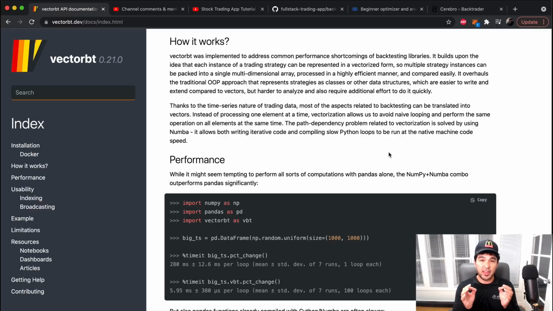VectorBT here describes a few benefits that I think are worthwhile. The first thing in the VectorBT documentation it discusses is performance. If you look at the first paragraph, it says it was implemented in order to address common performance shortcomings of backtesting libraries. So if you've seen any of these videos where people make their own backtesting framework, you'll notice